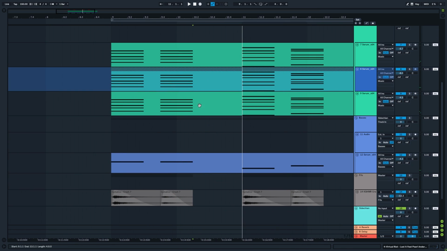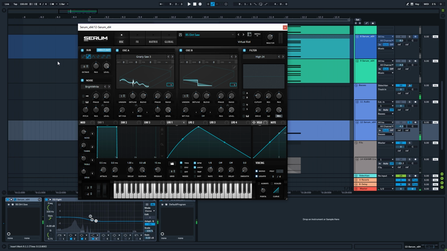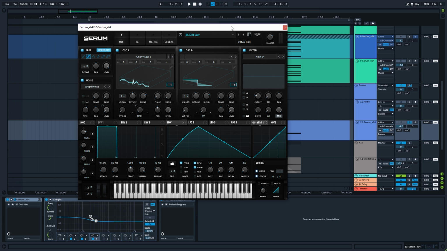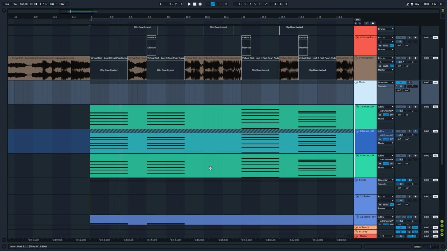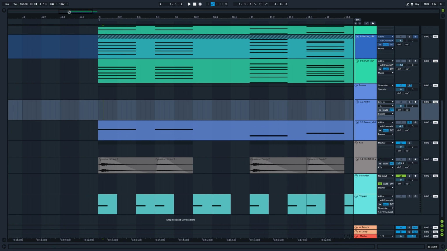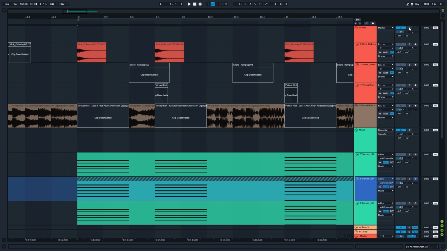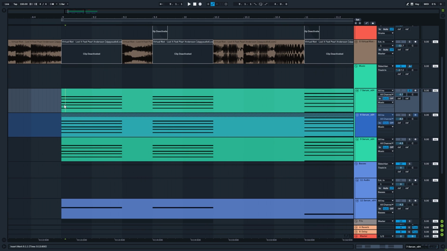Yeah, so at the bottom we have the bass, which is BS Dirty Soul from Serum Preset Pack Volume 1. Okay, so let's jump to the main music group, which consists of 3 layers of chords. By the way, I didn't mention there's a crash playing together with a kick. Okay, so the main Serum is this one,